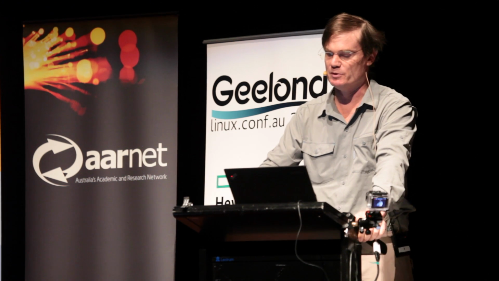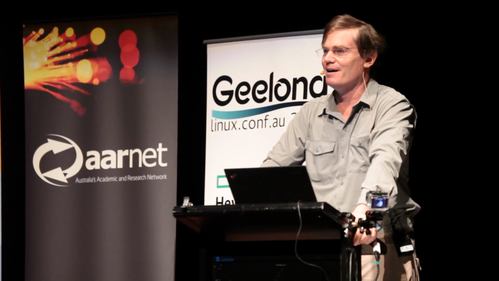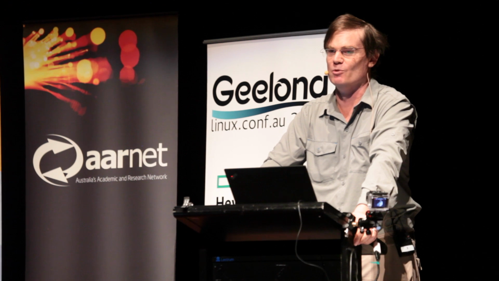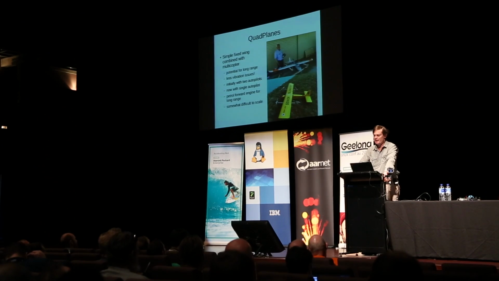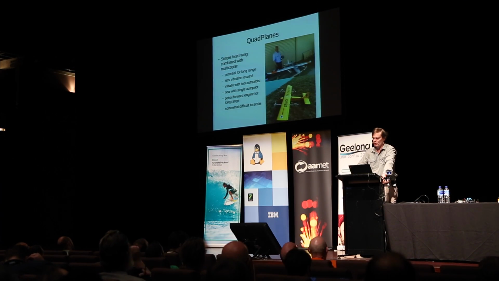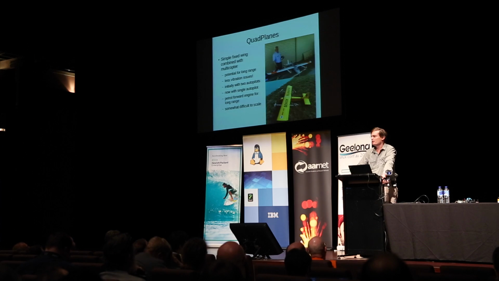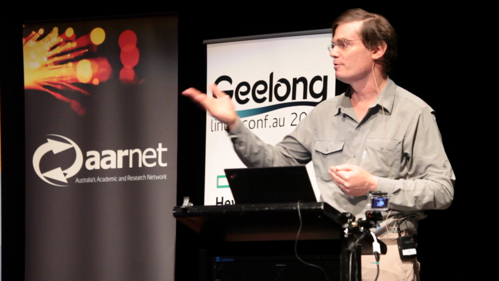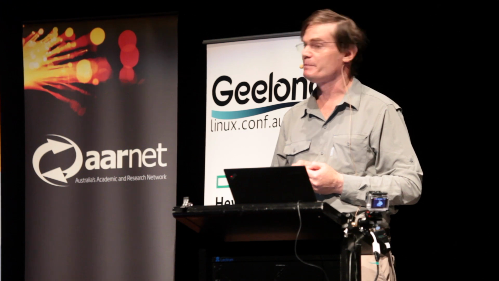And some people describe them as being like splades or sporks, where they're sort of not really a great knife or fork or spoon, but able to do all of the jobs. And they're a bit like that. So helicopters are a much more elegant solution to the problem. But in many ways, quadplanes are simpler from a control point of view, because when they're in forward flight, it's relatively easy. And flying them vertically, it's just a quadcopter. There is this transition phase where they're sort of halfway between being a quadcopter and a plane. And we initially expected that might be hard. And it turns out it's absolutely trivial.